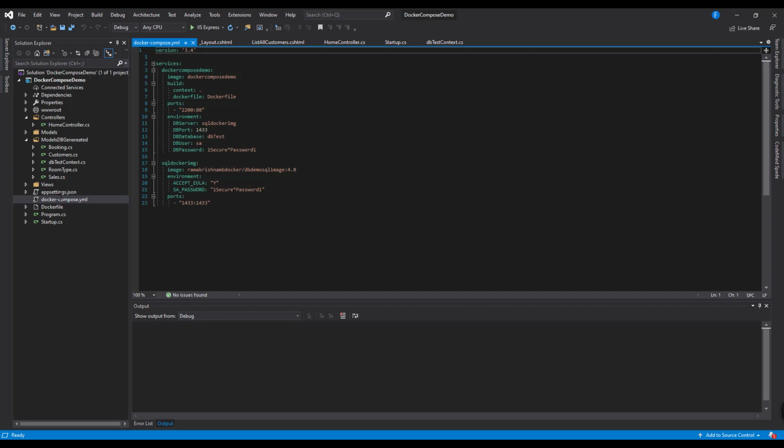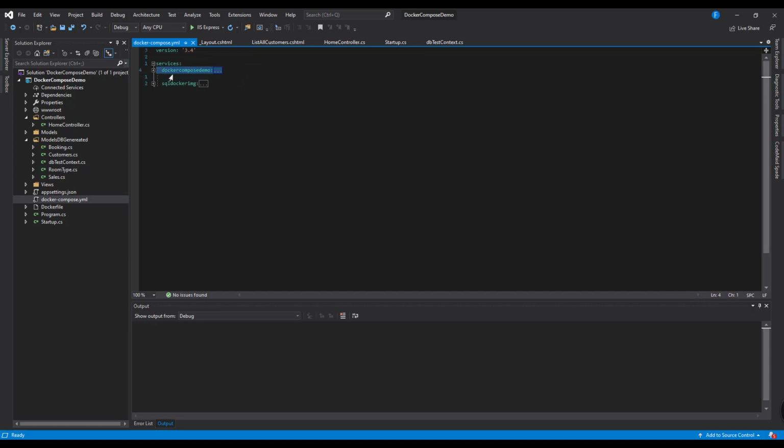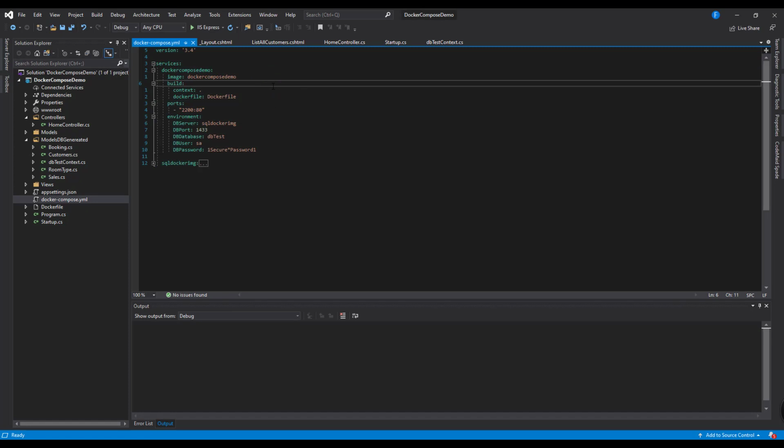This is the Docker Compose file where we have services, basically called containers. We have one container for Docker Compose demo, and another container for the Docker image, where we exposed our web application in port 2200, and we exposed the DB SQL Server image in port 1433.